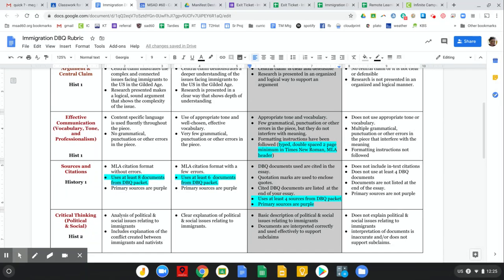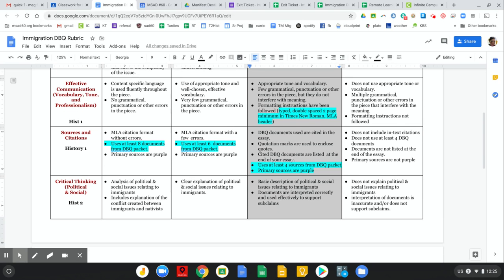And your formatting instructions have been followed. Your essay should be typed. It needs to be double spaced. It should be a 2-page minimum, and it needs to be in Times New Roman, and you need to have an MLA header. And for your sources and citations, your DBQ documents are cited in the essay,